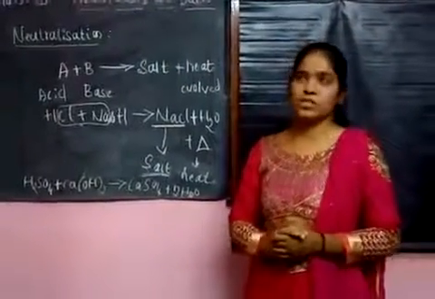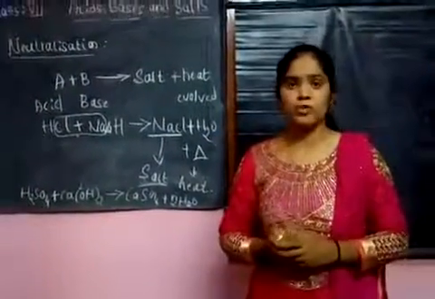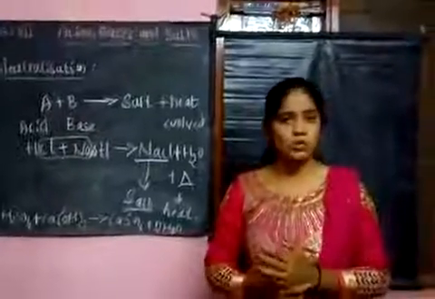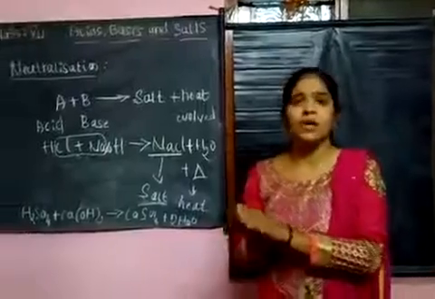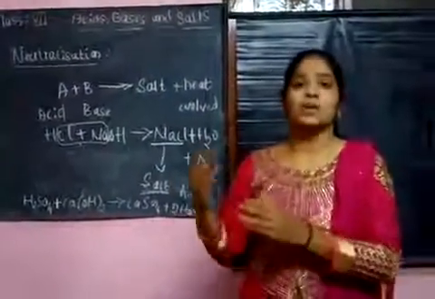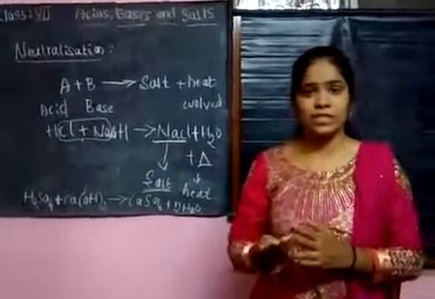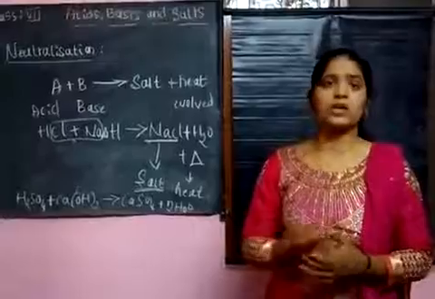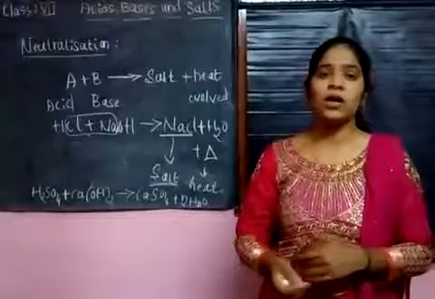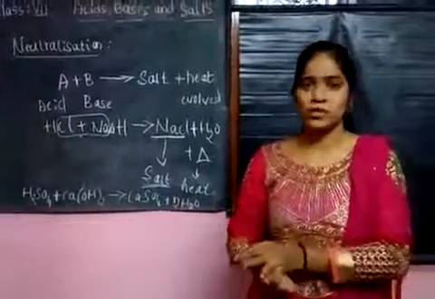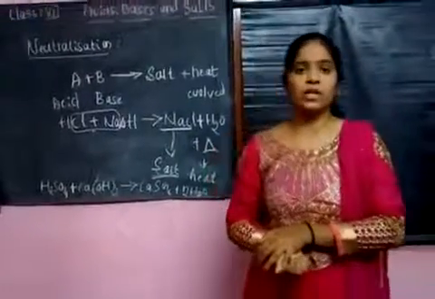And the fourth application is factory waste. It is not sent directly to water, because in a factory so many acids are used. If these acids are sent to water bodies, what happens? The organisms in the rivers or seas will lose their lives due to too much acid. To avoid this acidic condition, we add some basic materials to the acidic waste and neutralize it. So these are some applications which we use in our day-to-day life.